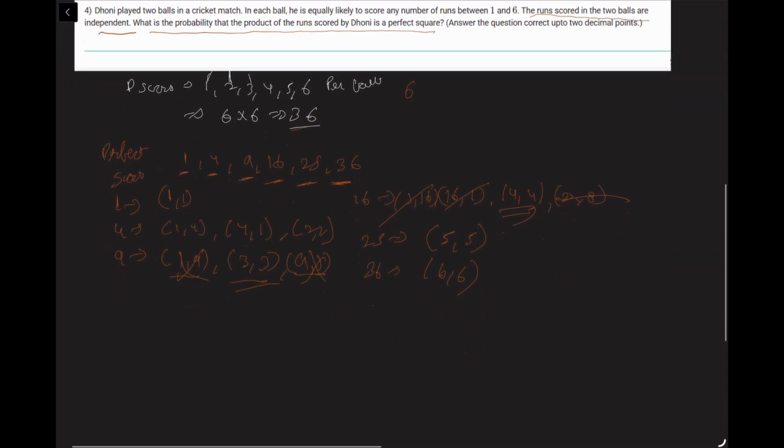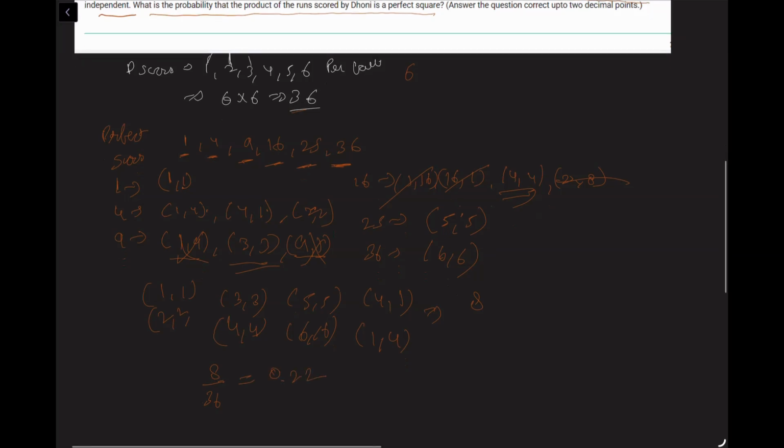So now if we sum up, how many are there? Let me list them down. 1 1, 2 2, 3 3, 4 4, 5 5, and 6 6. So there are 6, and there is one more: 4 1 and 1 4 as well for the number 4. So now you have 8 out of a total of 36. So your probability is going to be 0.22. That's your probability of getting